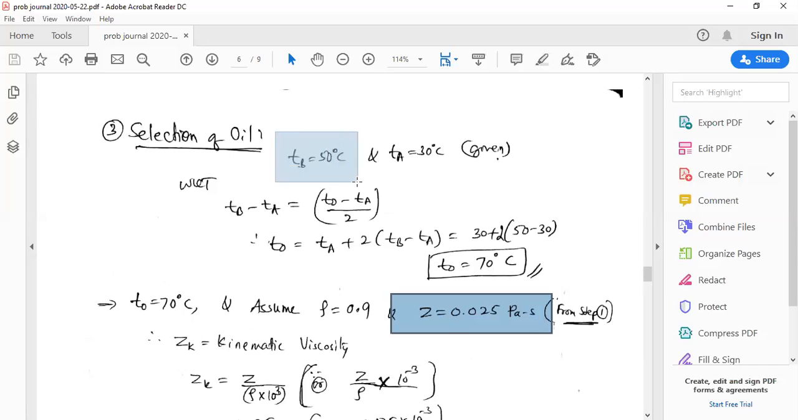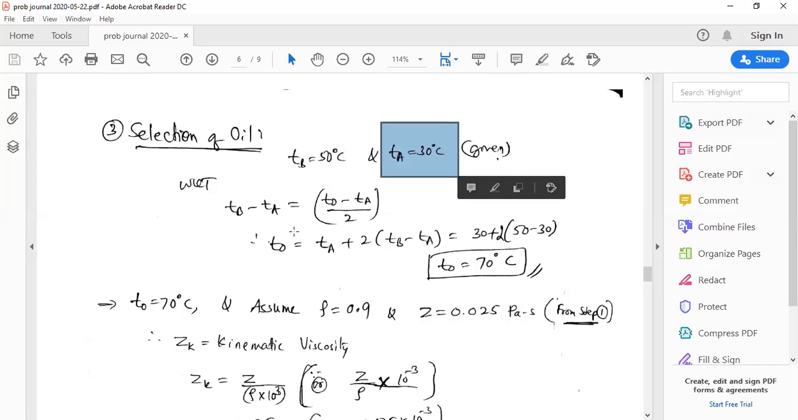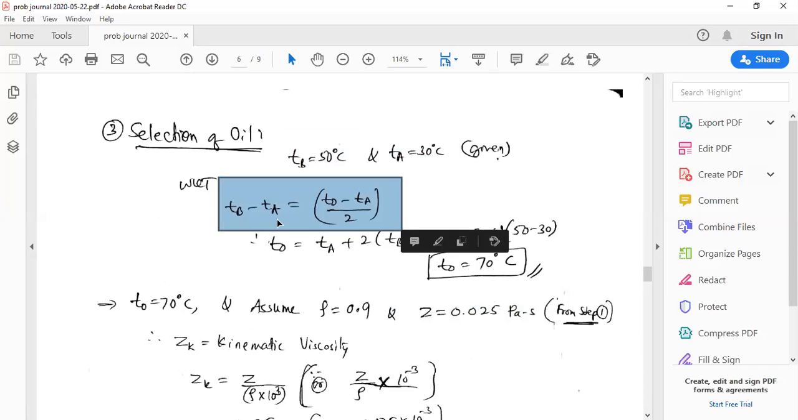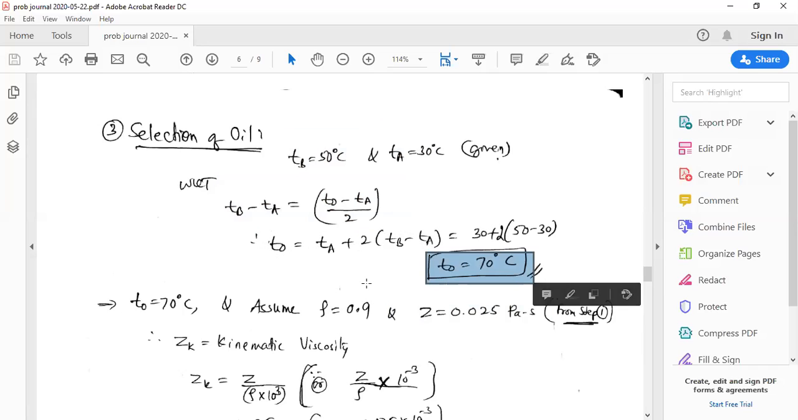So here we know the bearing temperature of 50 degrees centigrade and ambient temperature of 30 degrees centigrade. So we want the value of operating temperature, that is T naught. So we have a standard equation, that is TB minus TA, bearing temperature minus ambient temperature, is equal to (T naught minus TA) divided by 2. So by using this equation, you can get the value of T naught, which is obtained here as 70 degree